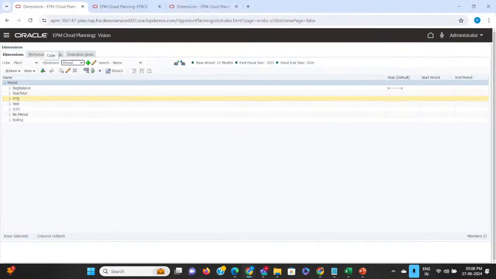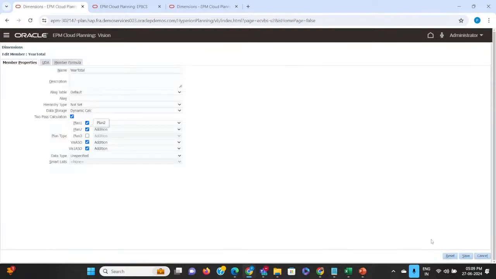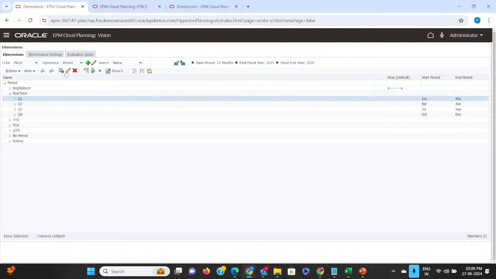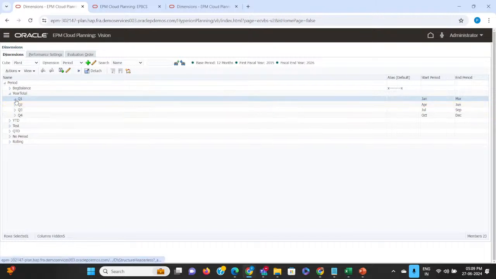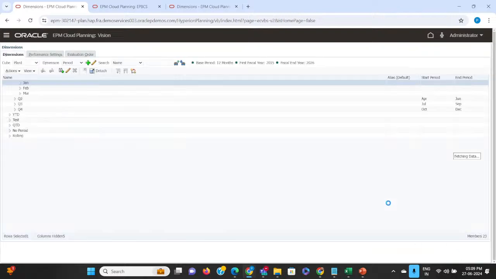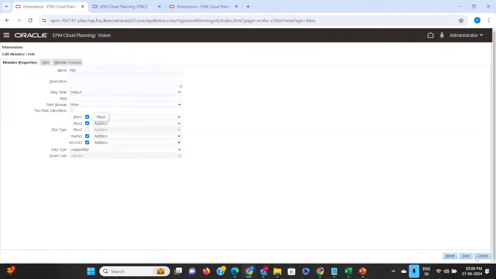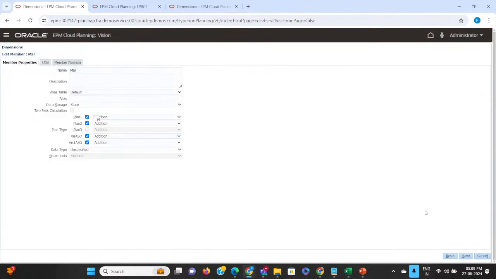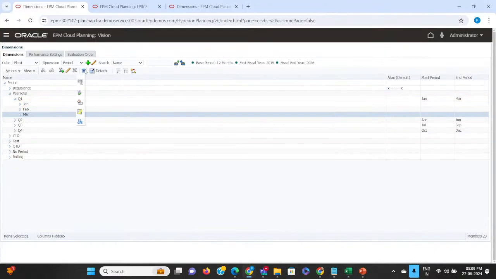First let's go to Plan 1, period, year total, enable Plan 2. In dimension member, you will have to define the parent member, then only the children members will get enabled. So you cannot enable just a particular member. February, let's take February also. Okay, so here now if I refresh my database,